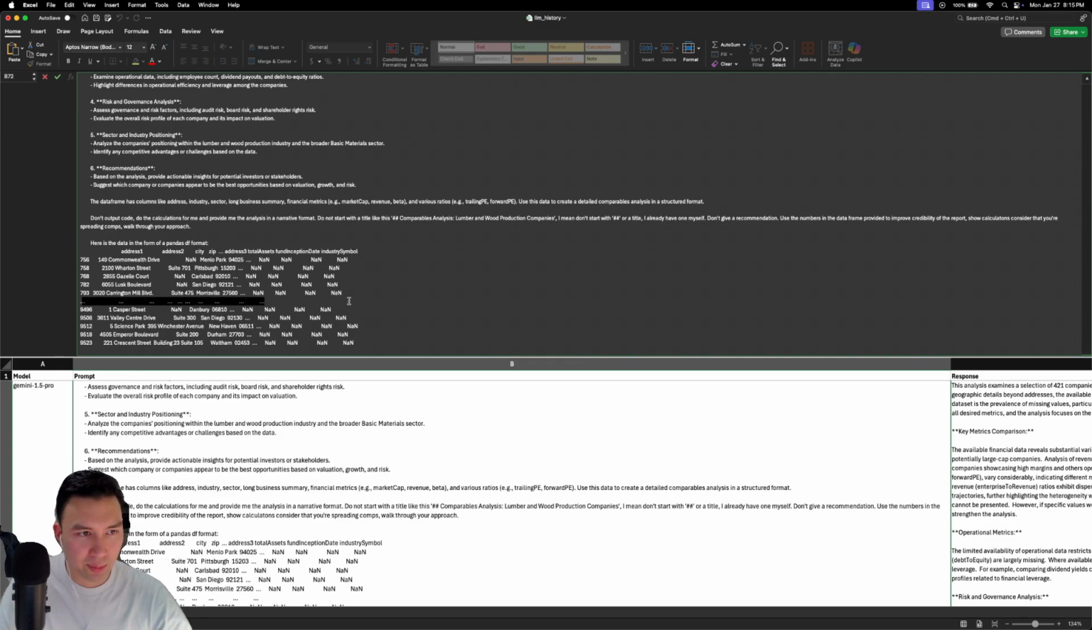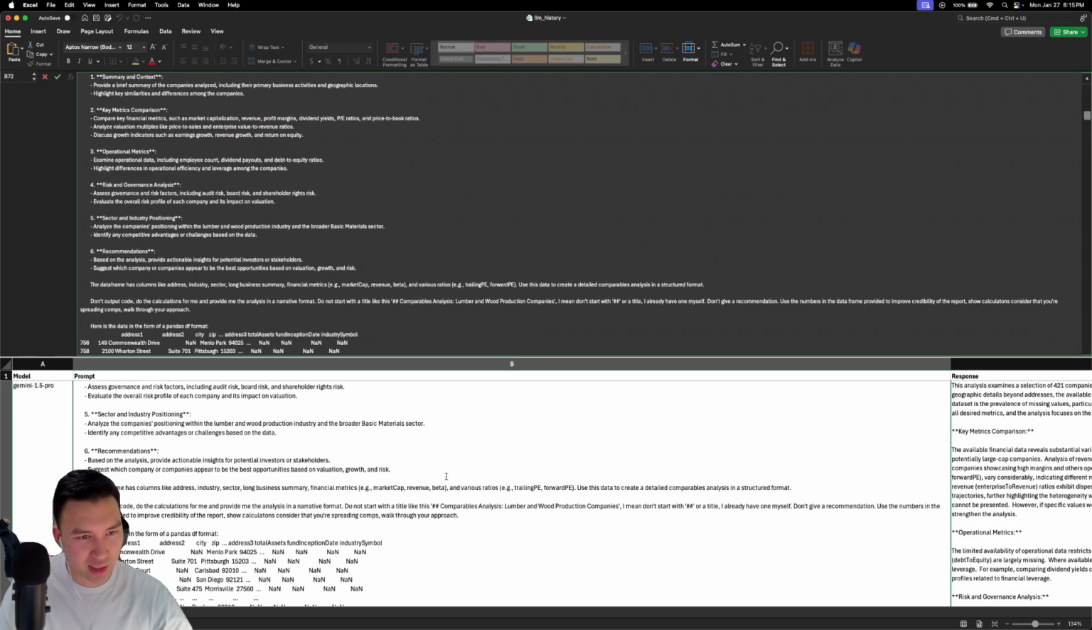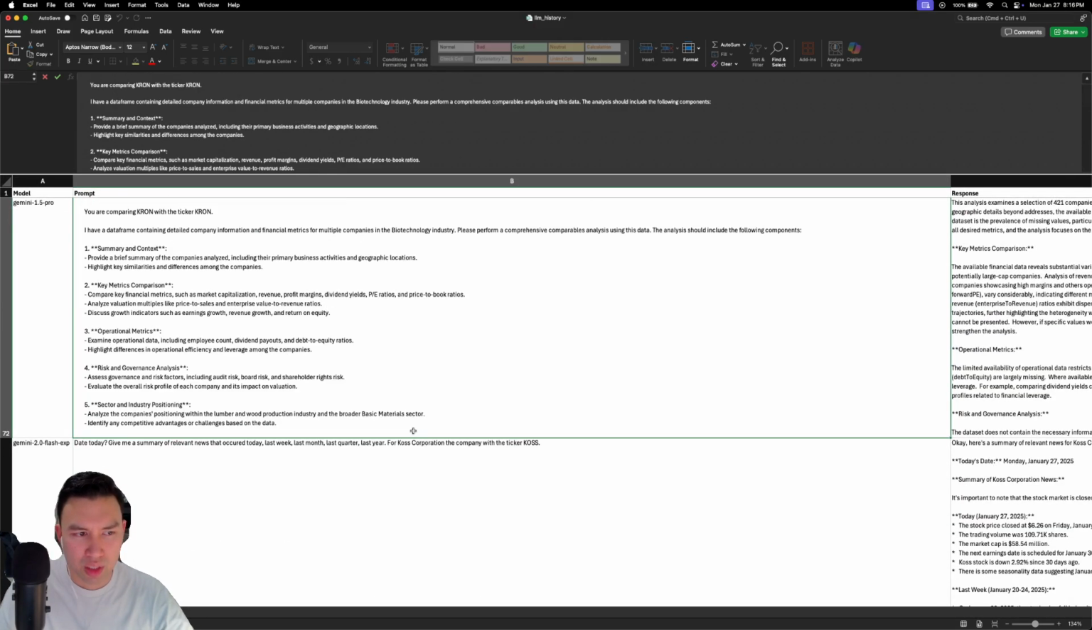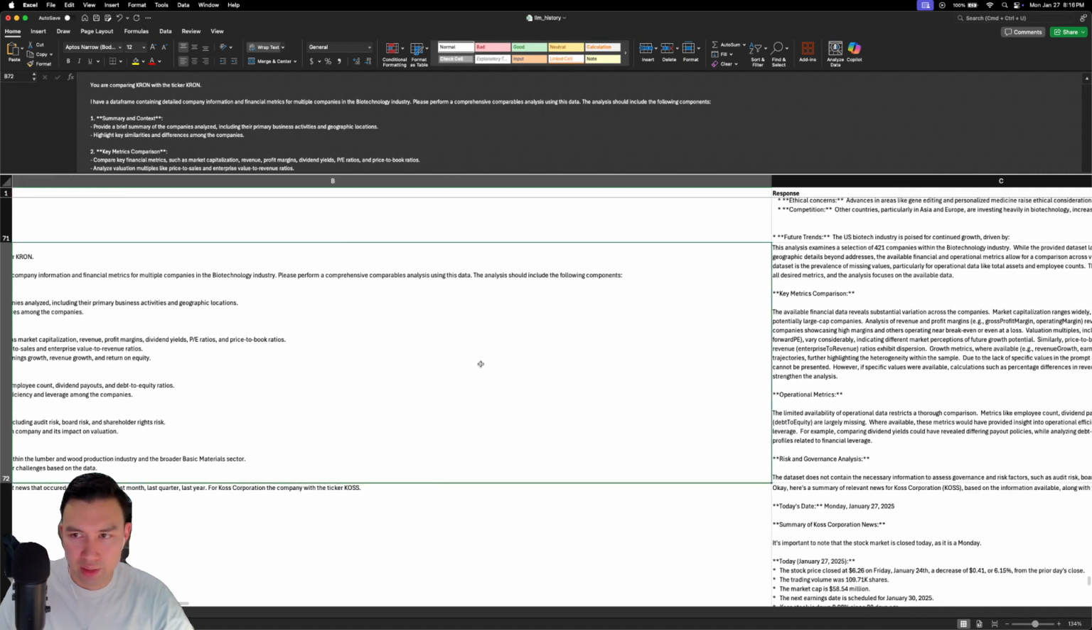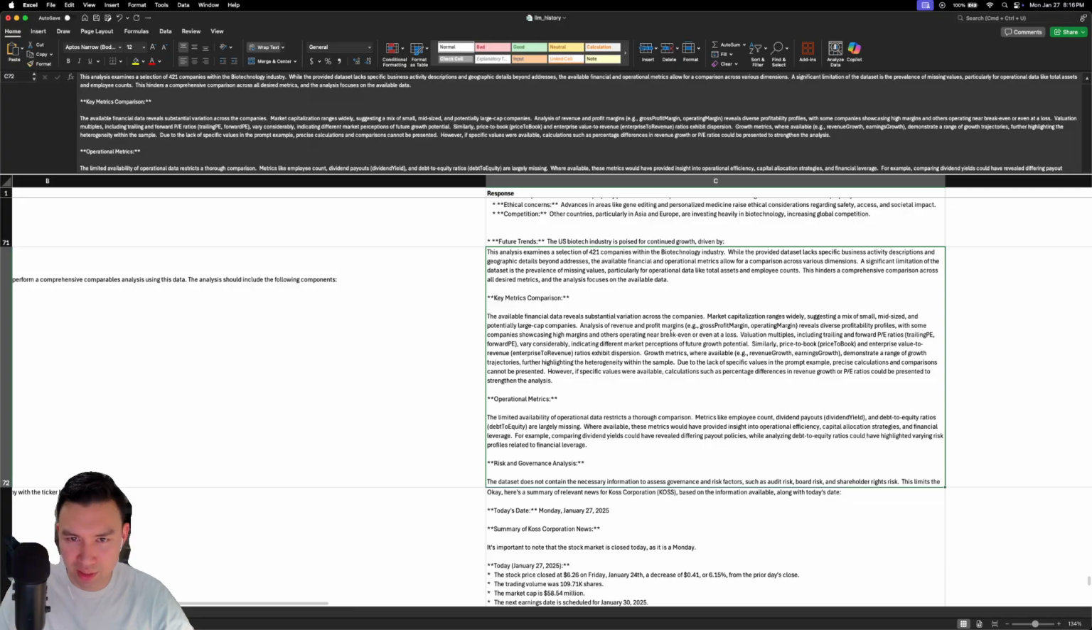Unfortunately, the data frame here is actually cut off. So this data frame, I have to fix pandas, right? Yeah, like how many tickers is that? That's interesting. But yeah, I still have to experiment with how I'm feeding data into these. But yeah, this analysis examines a selection of 421 companies. It goes through